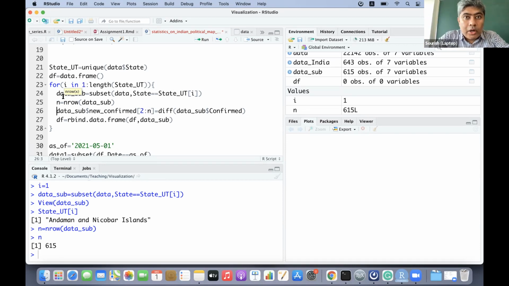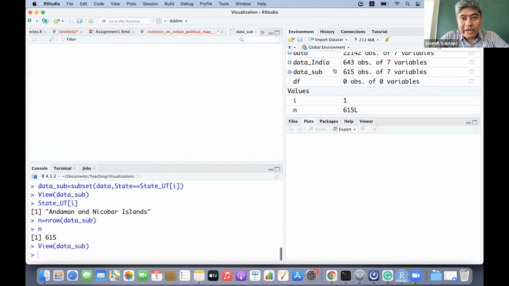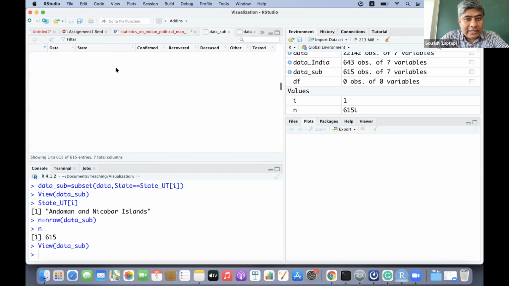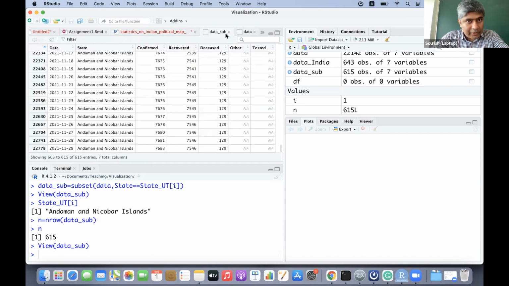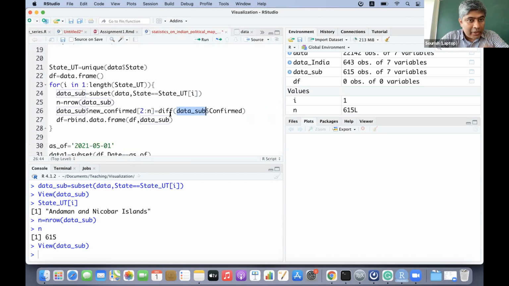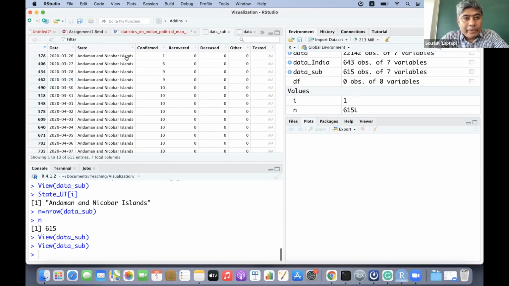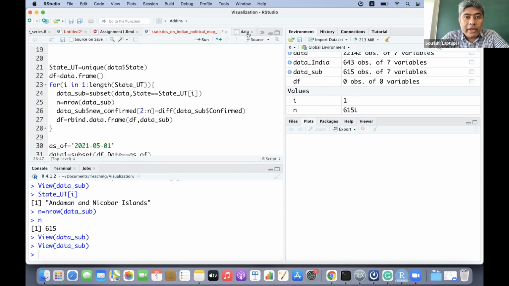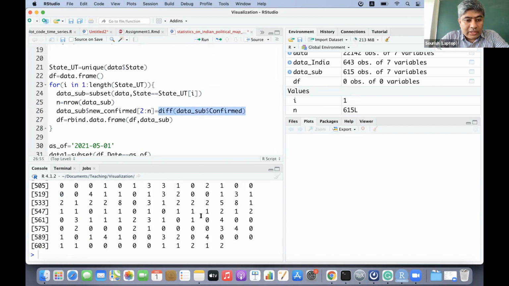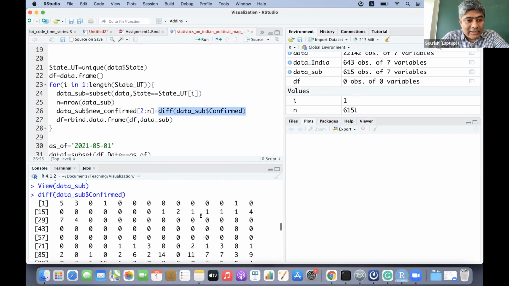Okay. And then what I am saying, you take from the data sub. This data sub is only about Andaman Nicobar, the particular state. You just take the confirmed cases, this column, and take the consecutive difference. So if I just take the consecutive difference, these are the number every day, how many cases you have seen.